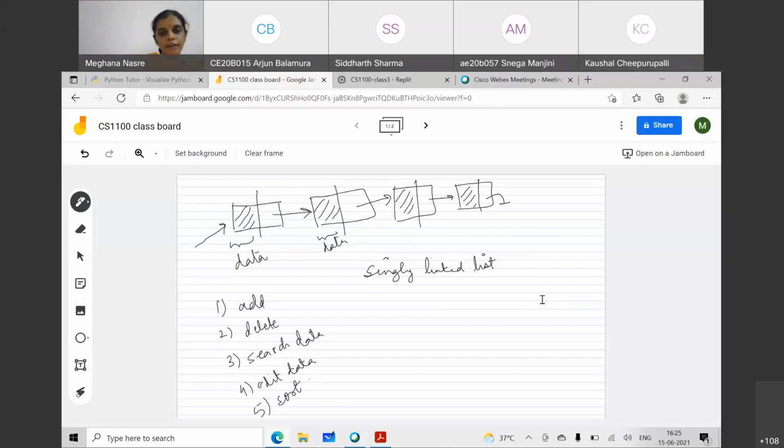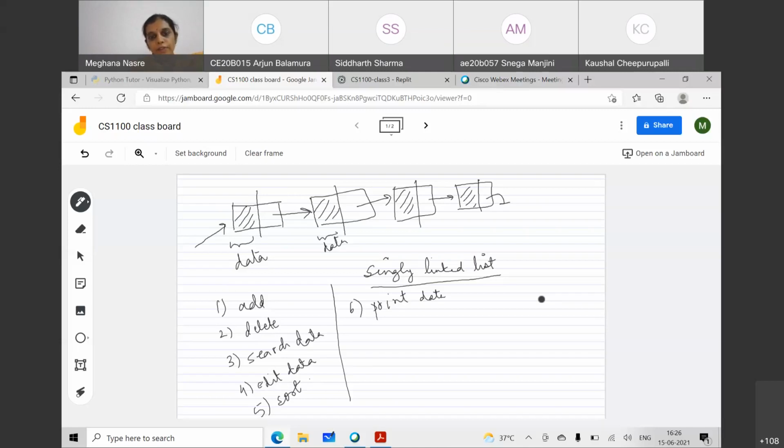One more thing that is more for our testing purposes, which is very helpful, is print the data. Print all the elements which are present in your data structure. So I don't even say singly linked list, but print data, right? Print all data items which are present. Modifying existing data itself is called edit data. That is a different word for that. So these are the things that we would like to support.